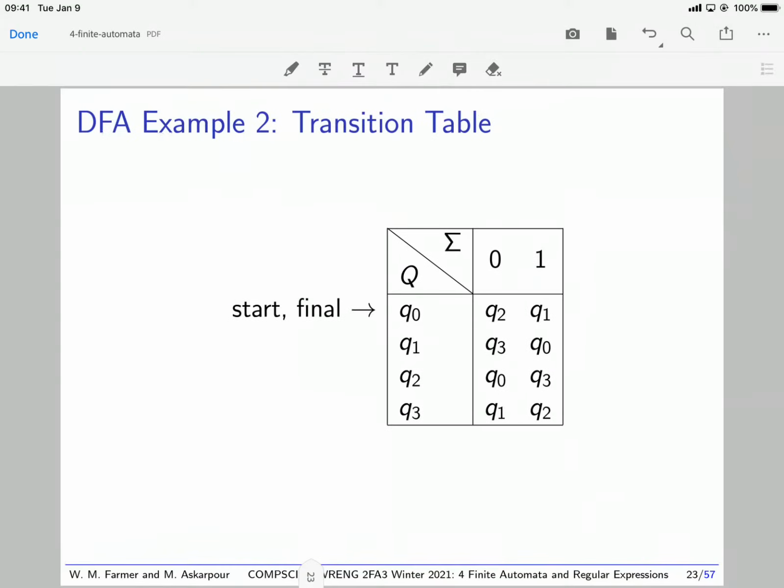So this is the example where the automata accepts the language where the number of 1s and 0s are equal and is an even number. We have four states. We can define four states and assign meanings to those states. We can say that